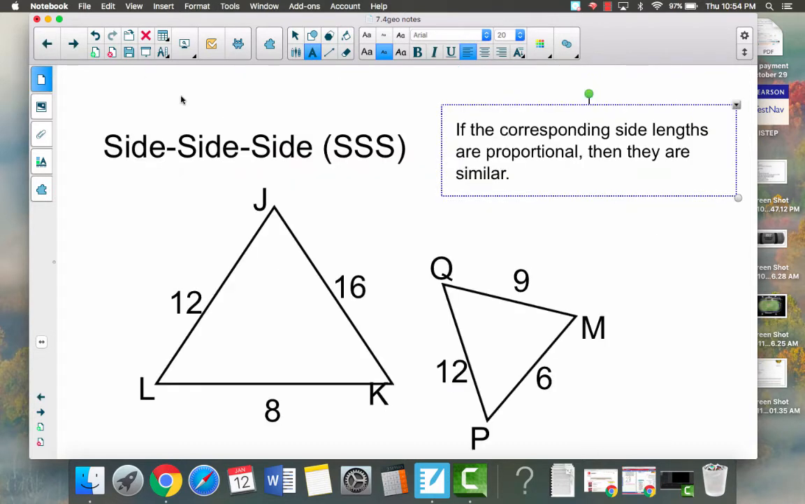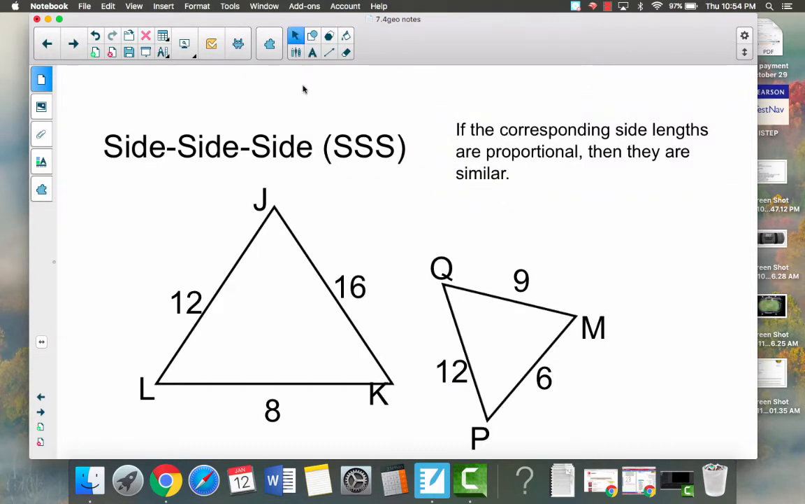Next one that we're going to talk about is the side-side-side similarity theorem. Now, remember when we talked about side-side-side last semester, that it meant if all the angles were congruent, or sorry, if all the sides were congruent, they were congruent triangles. Well, here we don't care about congruent because these triangles will not be the same size. What we care about is that all of the sides are proportional. So we need to make sure we check every single set of sides and make sure they end up getting